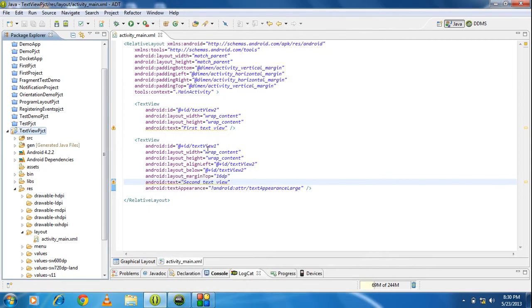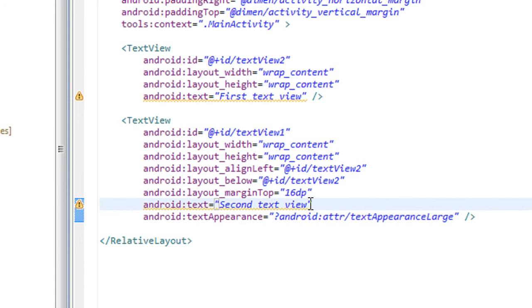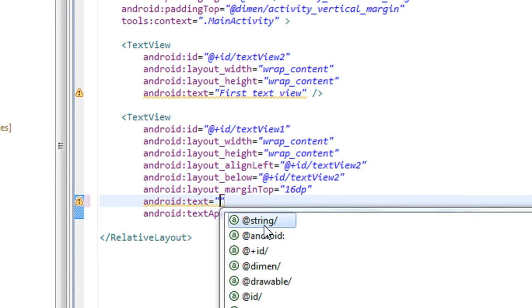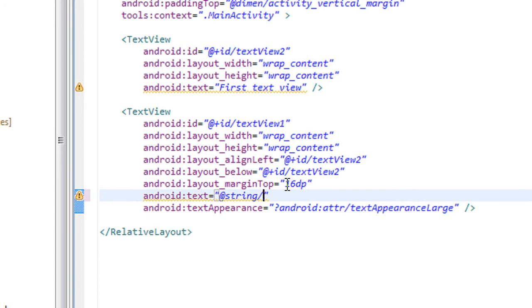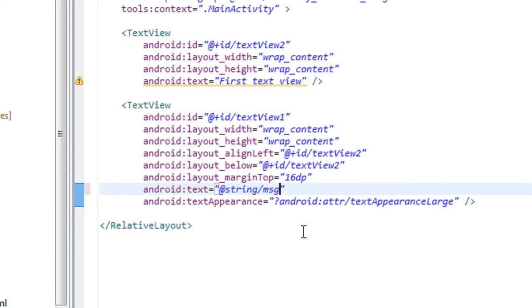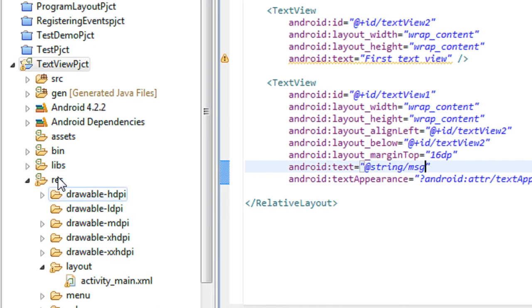Also it is possible to refer to the text for the text view from the string.xml file. So here I just refer to it from the string.xml file, and here I specify an identifier for the text of this text view. I specify it as MSG. Now I have to add this to the string.xml file.